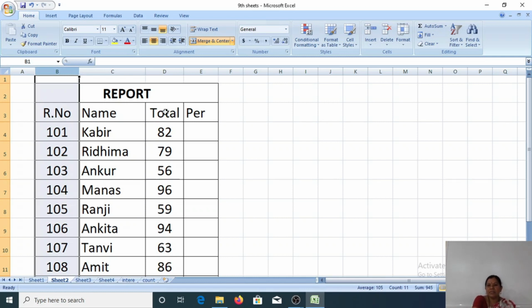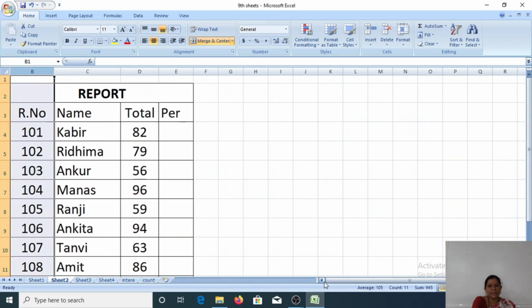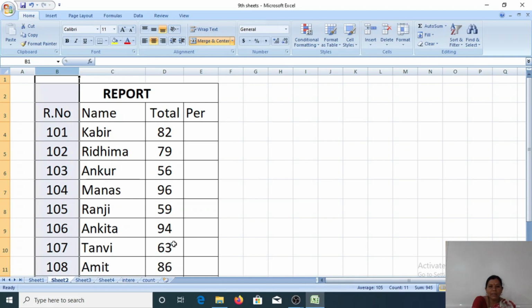Here I have the names and how much they scored. I entered all the numbers. Here Tanvi got 53, but by mistake I wrote 63. Now I want to edit it. Just select the cell you want to edit, click on it and replace it with 53. See here, now you got 53. We can edit by selecting and overwriting the cell content.